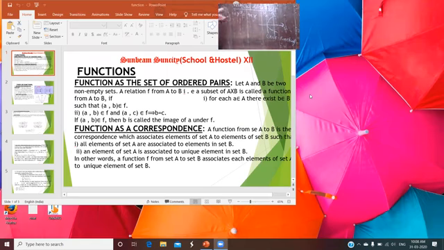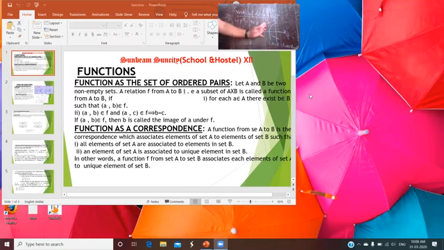That is known as the vertical line test. In the case of the vertical line test, if you draw a line parallel to the x-axis intersecting the given curve at two distinct points, then in that case the curve is not a function.